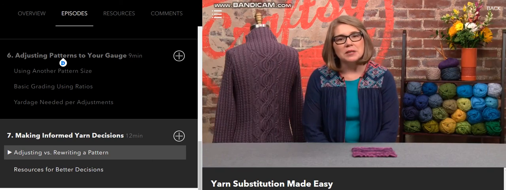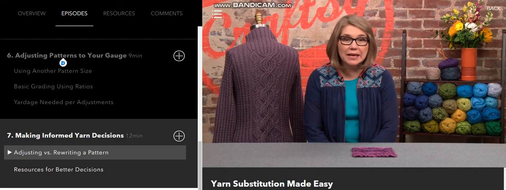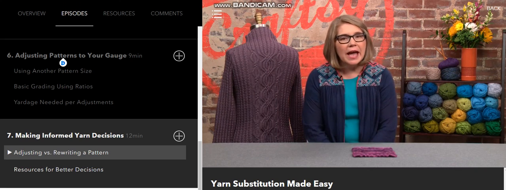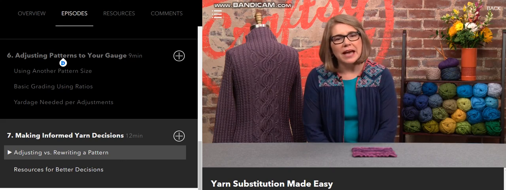There's a fine line between yarn substitution and designing an entirely new sweater. And that line, we nudged close to that line when